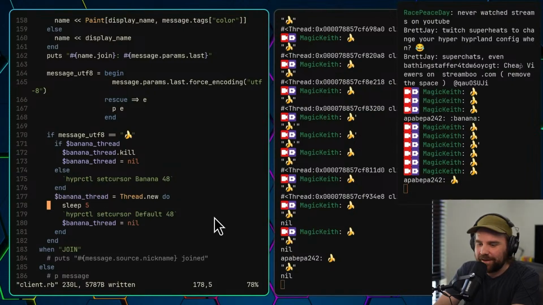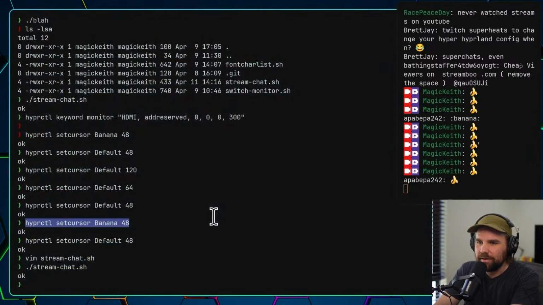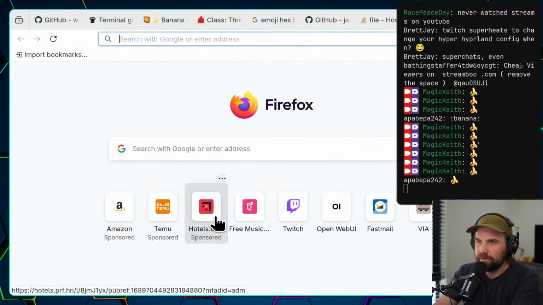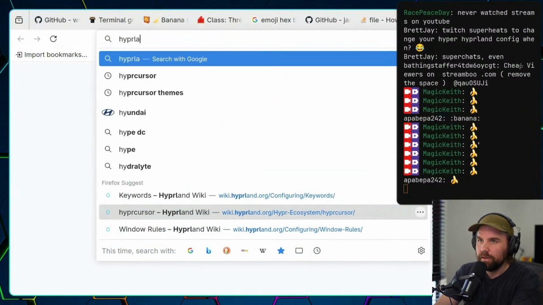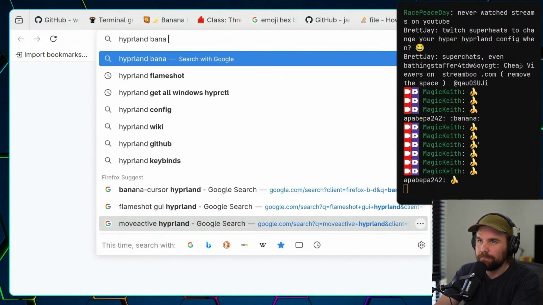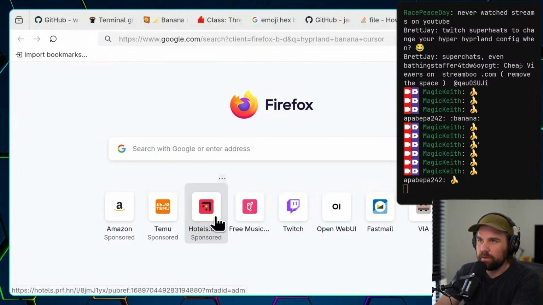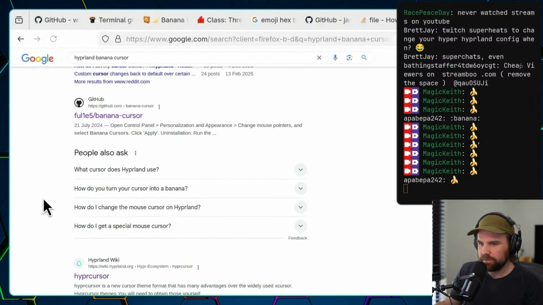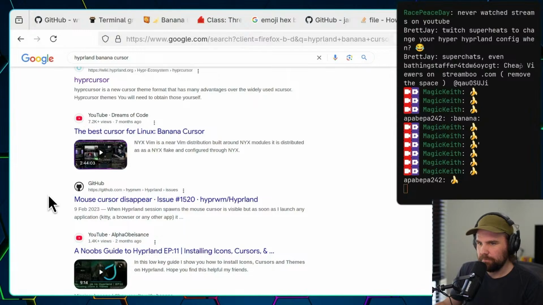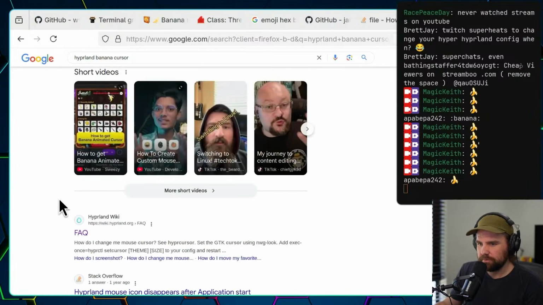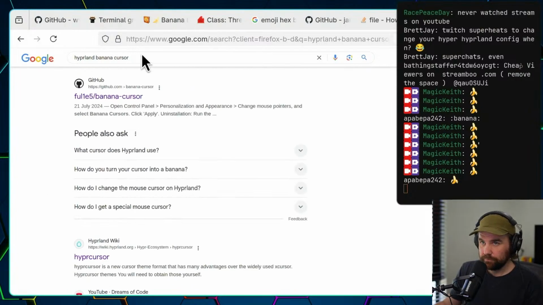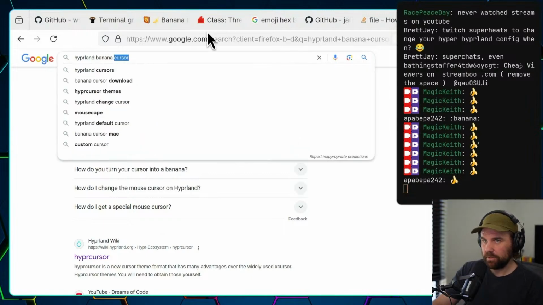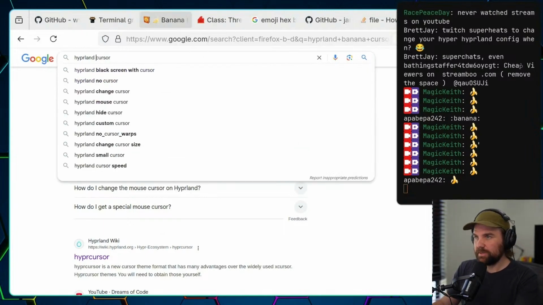I wonder if there's any other cursors that I could find. Because I got this banana cursor, Hyprland banana cursor. I got this particular banana cursor, but I'm sure there are other types of cursors. Hyprland cursors. Anyway, I should get back to what I was supposed to do with these PNGs.